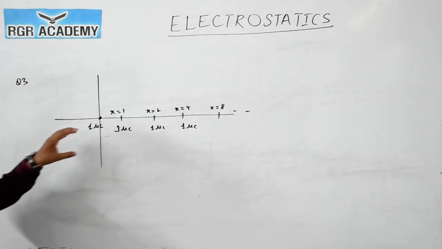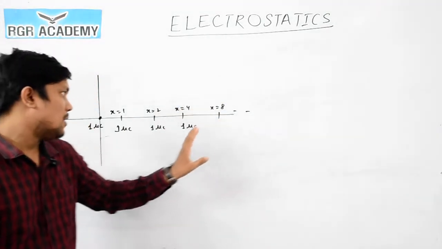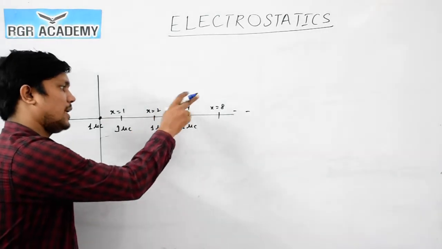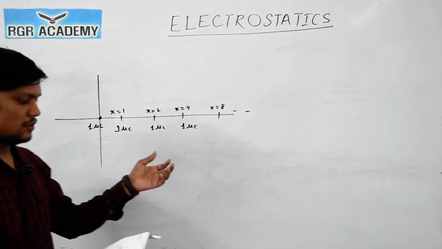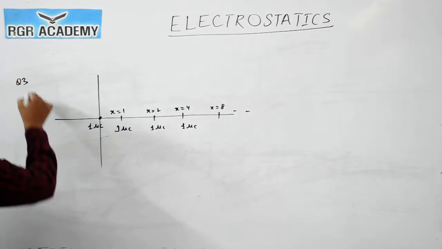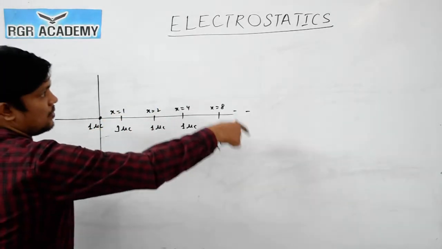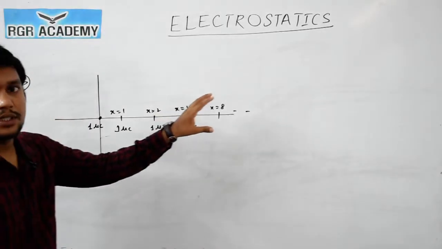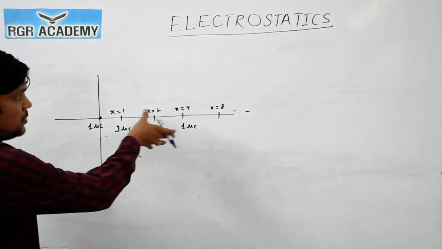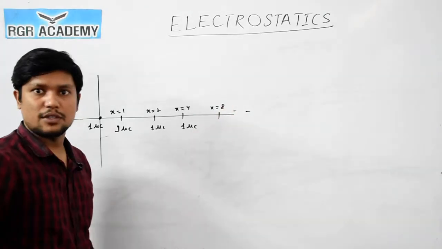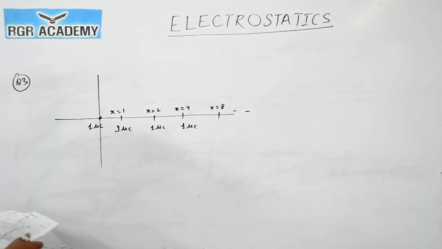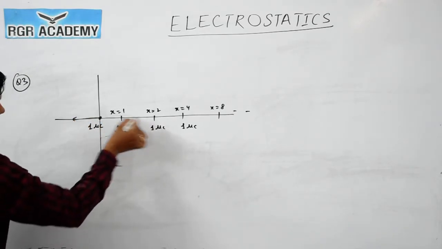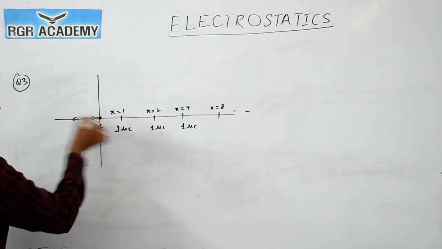Okay. So see, this question and the previous question are similar. Here also the charged particles are placed at x equals to 1, 2, 4, 8. In the previous question also 1, 2, 4, 8. That question I have taken wrong, otherwise the concept was correct. So now you see this question, and based on this you can solve the previous one also. They are asking the net force acting on this. So due to this charge, force will act along this direction. All the charges are positive, so the forces will act in the same direction.